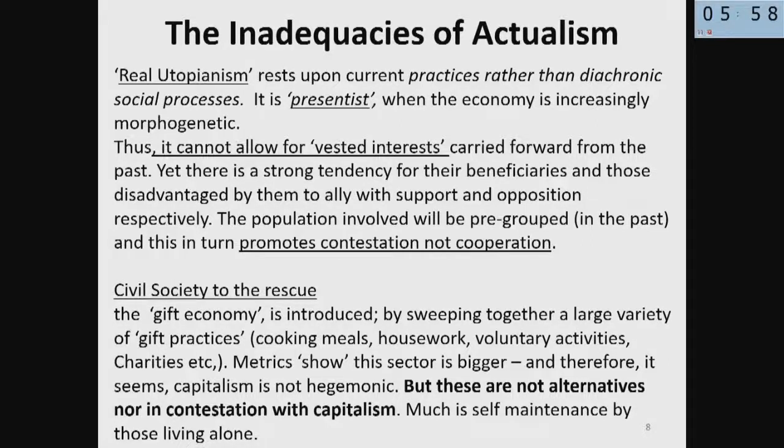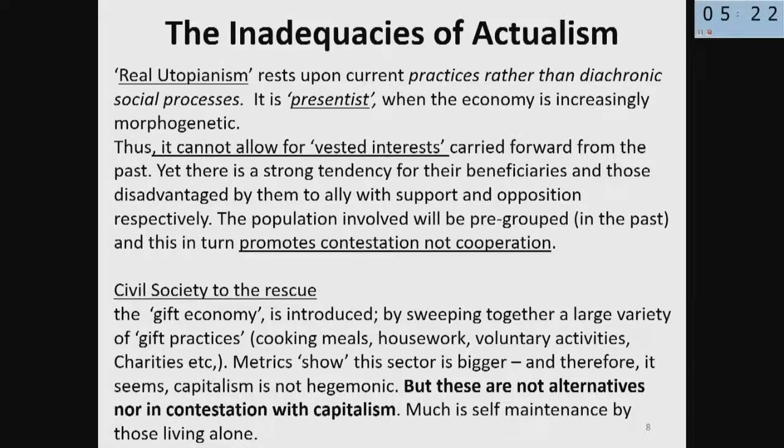But let's just pause for a second. These activities, such as housework and cooking, are not alternatives to capitalism. They're not even in contestation with capitalism. Capitalism needs them in order to reproduce its labor force. And indeed, instead of it being part of the gift economy, if you take a country like Great Britain, which is the only one I had a chance to look up, much of these activities are for